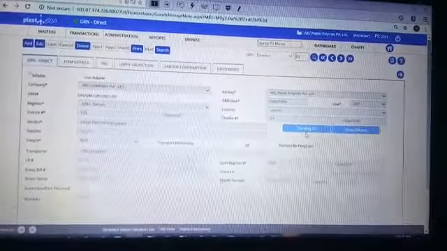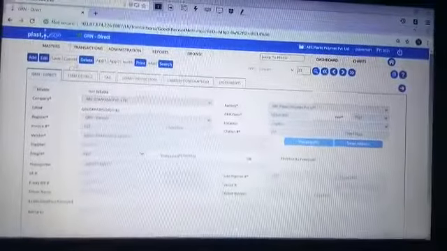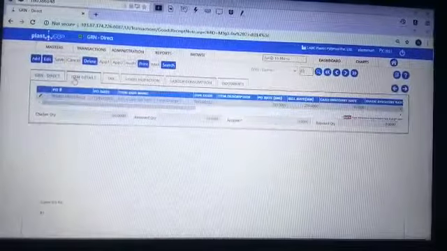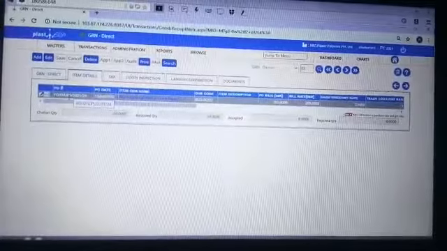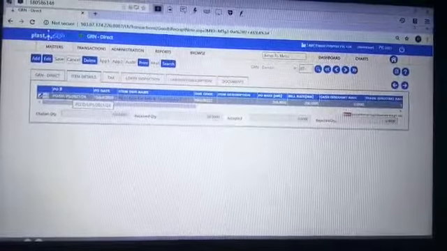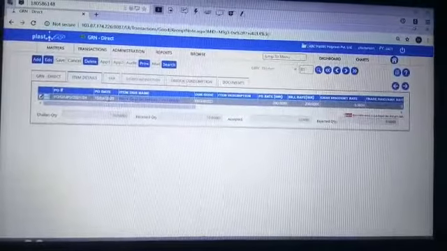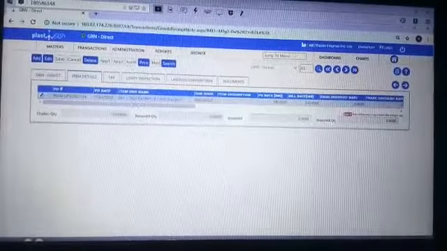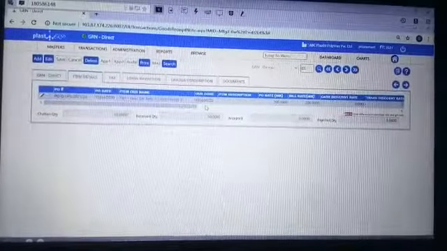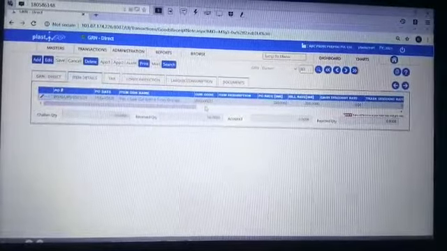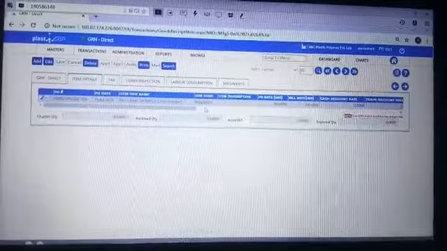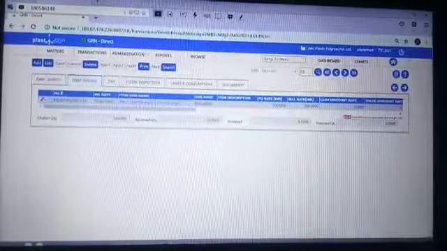After clicking pending PO, a pop-up comes and all approved POs will be displayed. Now going to item details. PO number: here the PO number is displayed from the selected PO. PO date: it comes from the selected PO. Item our name and our code: our pending PO item is displayed from the selected PO.